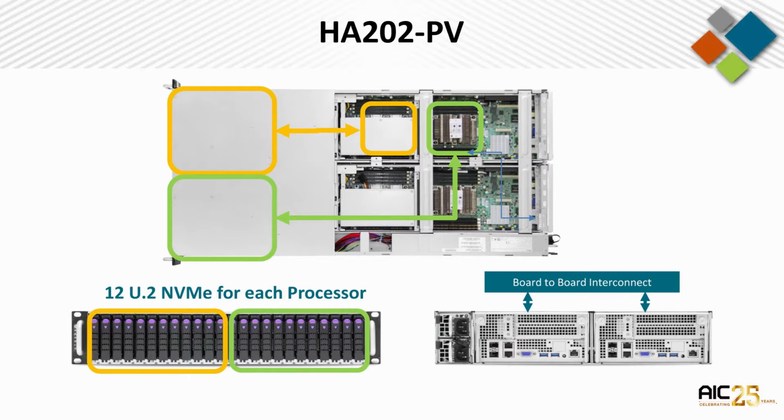If we look at the CPUs, each of the 2 CPUs is connected to 12 NVMe drives in the front directly. So we allow very short latency and high performance, high bandwidth between those. If we look at the performance of the drives in the front, we would need to have a lot of bandwidth to extract the performance out of the box. So we'll look a little bit later on at how they look.